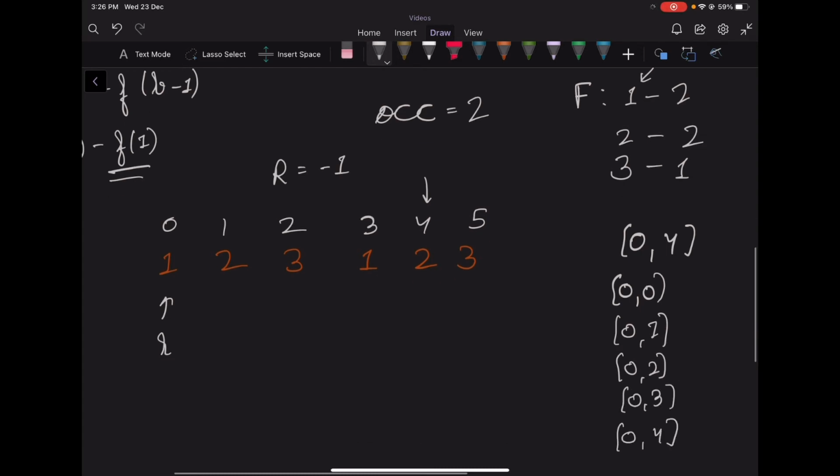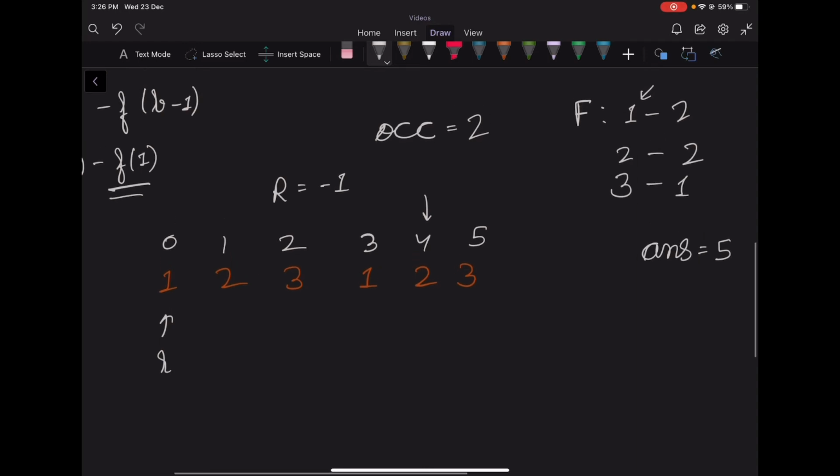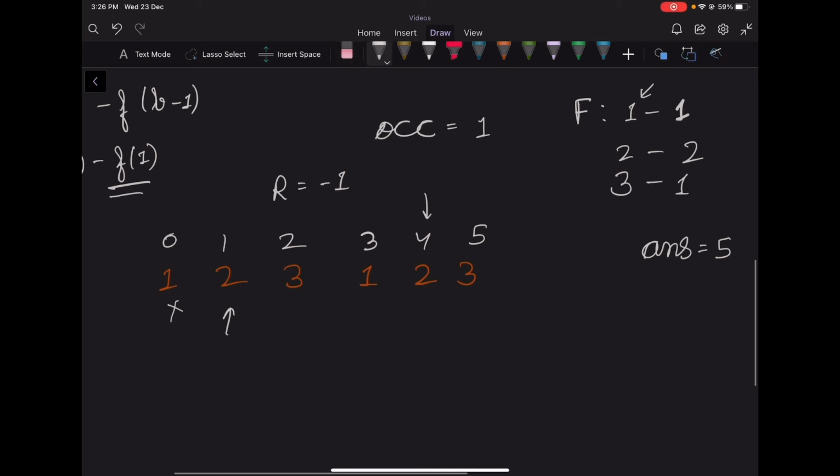So we will add 4 minus 0 plus 1, that is 5, to our answer. So we need to find f of 2, so currently f of 2 is 5. Now, since we have processed this current L, we will increment our L. So now we've incremented our L and now we need to remove the contribution of this one. So we'll reduce the frequency of 1, and since the frequency of 1 is 1 now, the number of special elements will also decrease.